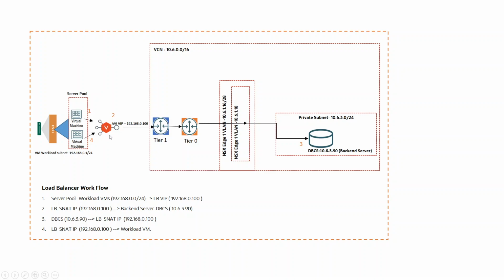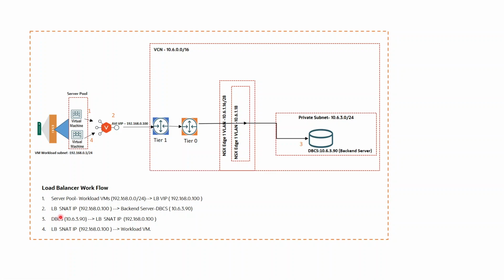So AVI is here acting as a proxy. If you think here, your virtual machines are actually part of the server pool, and they are talking through a VIP AVI interface, a virtual IP that communicates to tier 1 gateway. Tier 1 connects to tier 0, which goes through NSX Edge uplink 1, and it connects to the DBCS. So the server pool, which is the workload VMs,